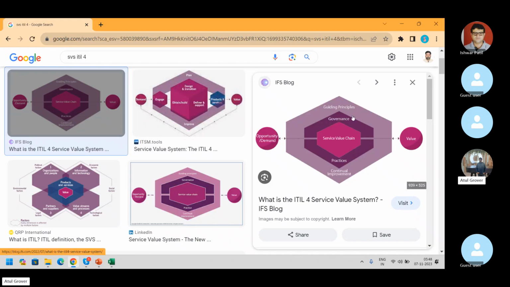No personal bullying. No personal attacks. Nothing on gender or color or religion. No discussions on that particular point. This is what governance says. If I'm providing a service to my customer, there must be governance on how to regulate the changes. Then continuous improvement.